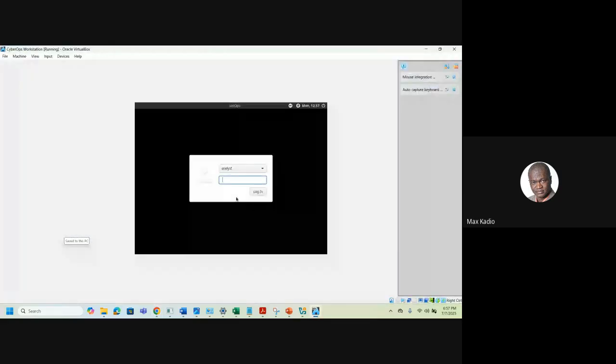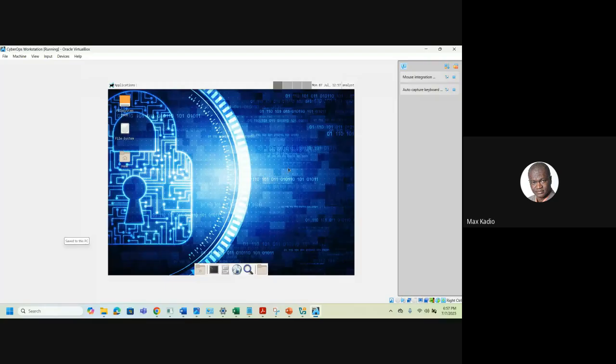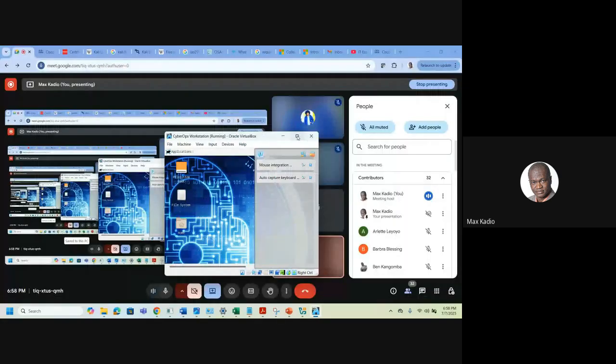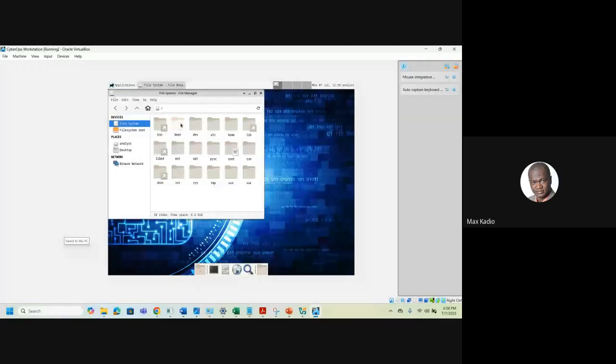Now you see, it asked for my username, analyst cyber. So you see, it's booting up, and this is a PC. It means if I had a physical PC, I could see the same thing here. So this is a Linux PC that I can use. I can open things here and work the same way. So this is what we call virtualization.